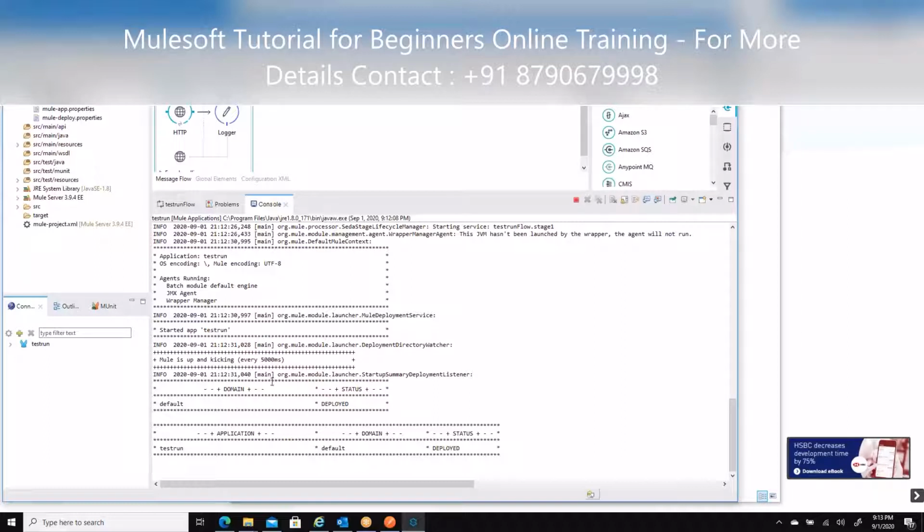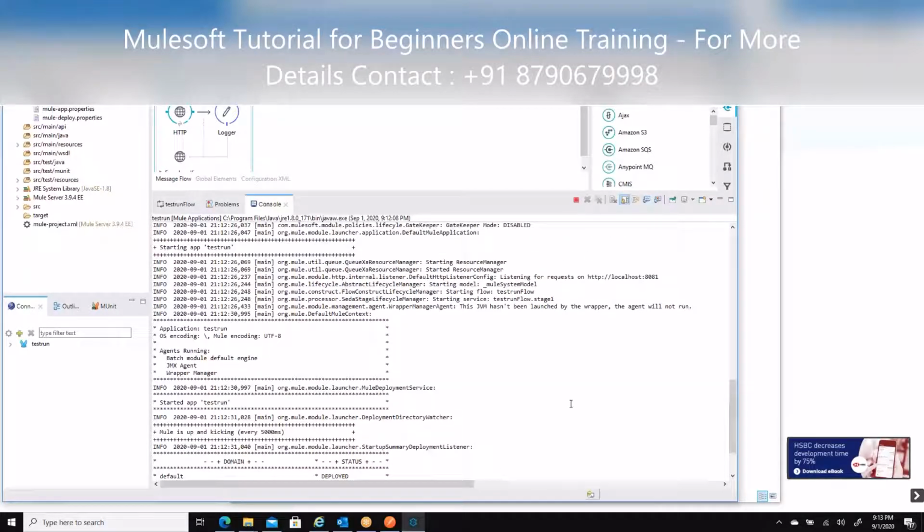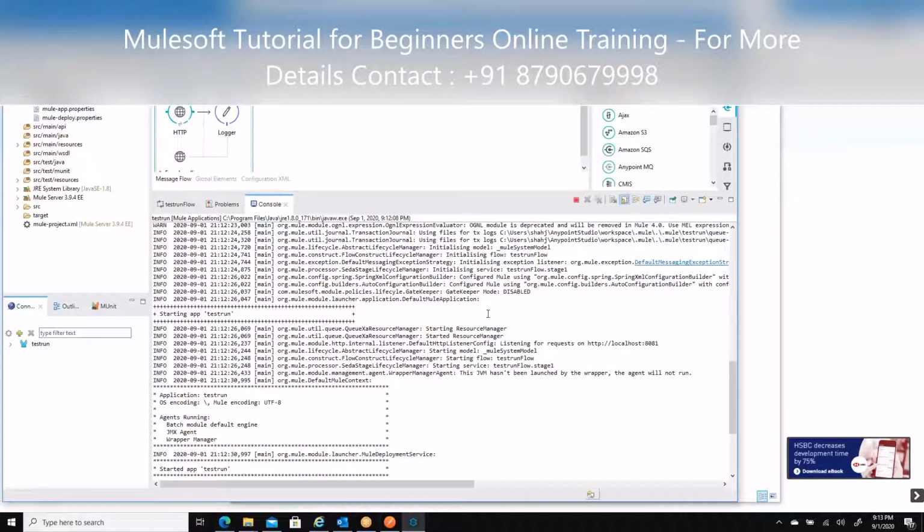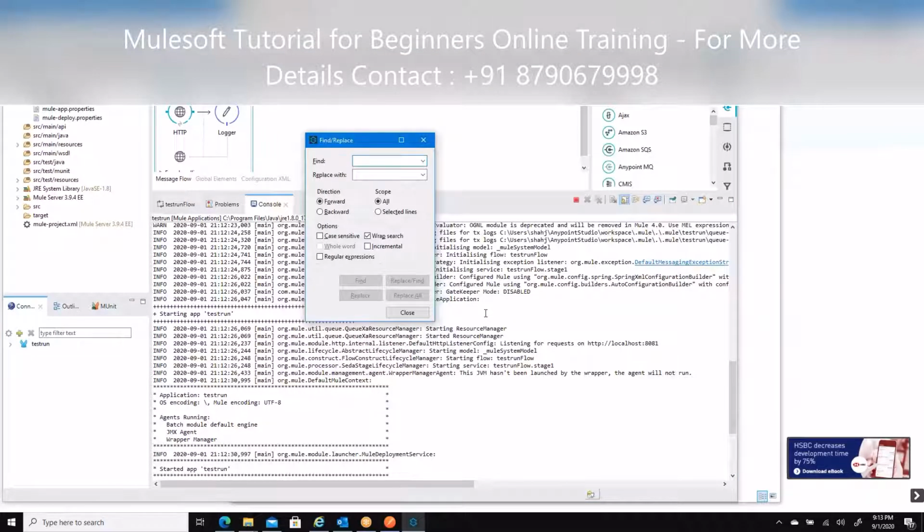Yeah. So did this run or no? It's completed. So can you make the console large? Below console. Yeah, localhost 8081 you can find on the right side in the console. Then logger, localhost 8081 you can find. No, there only. Let me search for it. Yeah, you can Control F. Yeah, 8081 or localhost.